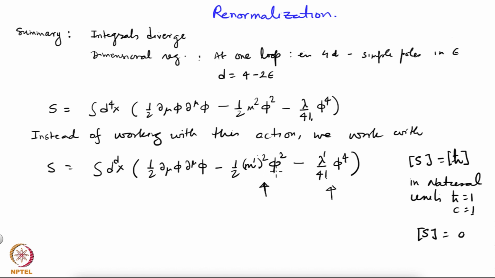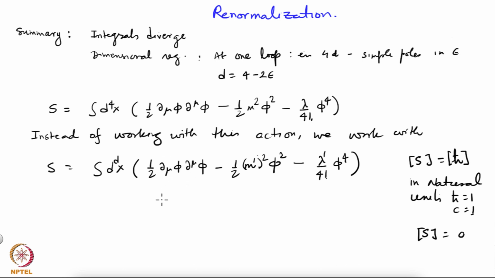I have phi, and I don't know its mass dimension, because now I'm in d dimensions, so the mass dimension of phi that it used to have in 4 dimensions is not going to be true. Also, in this term I have another factor m prime square, so I cannot disentangle the mass dimension of phi and the mass dimension of m separately. So I should go to a term in which I do not have this issue, which is this first term. There is only the field phi for which I need to figure out the mass dimension,